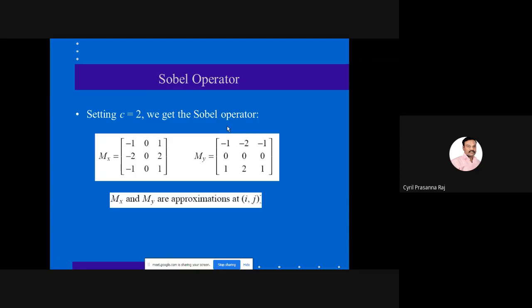There are many other mask sets, but right now we will restrict ourselves to only these two operators.